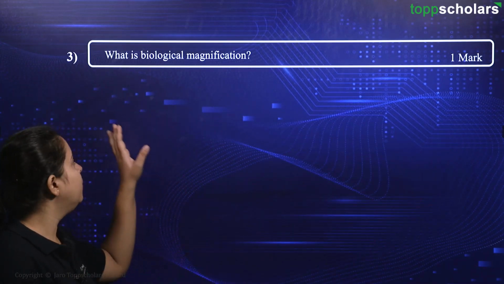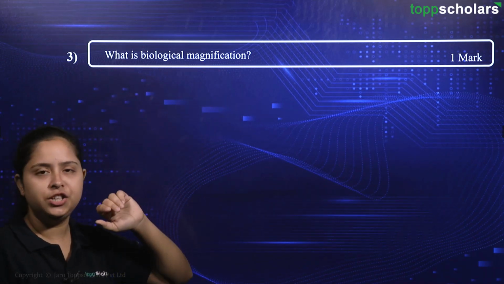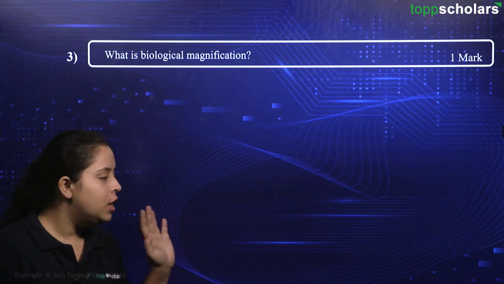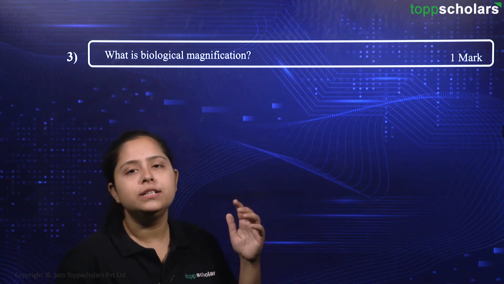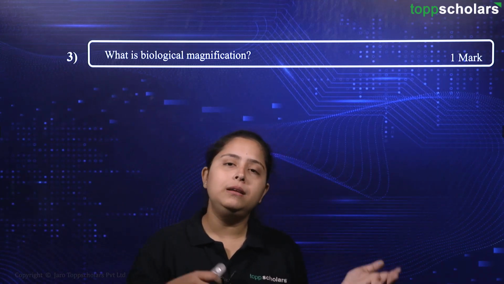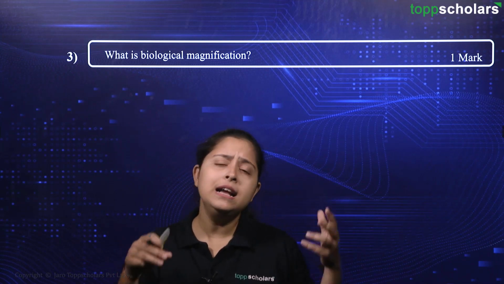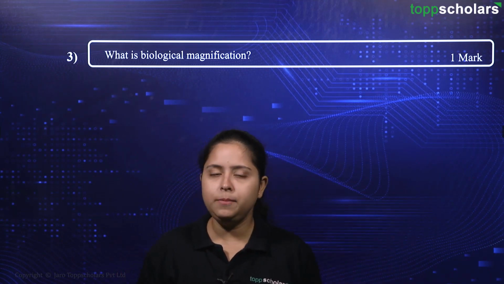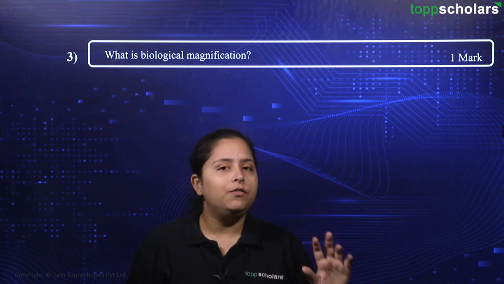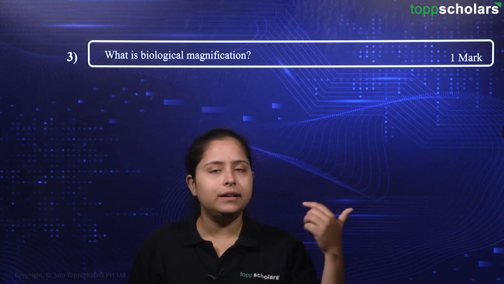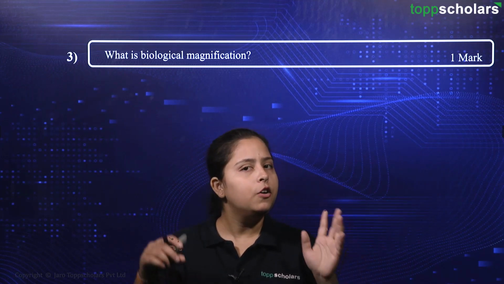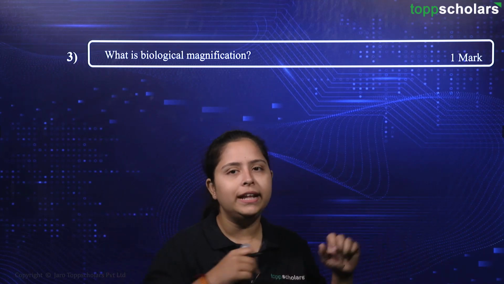Here is the question coming from your biological magnification topic. The question is very simple. What is biological magnification? So here friends, coming to the detail of this topic first. Biological magnification. Magnification, something is getting magnified in the biological system. Okay. Now say for example, a fish is in its environment, that is the river, but that river is polluted with some chemical. Okay. We have the industrial effluent going in that river.